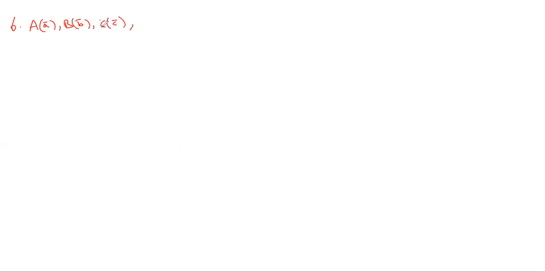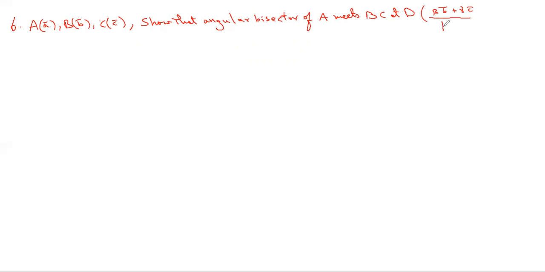So that's what they are given, with respect to origin. Show that the point D, where the angular bisector of A meets BC, has the position vector D bar equal to beta B bar plus gamma C bar by beta plus gamma. This is what they're asking us to prove, where